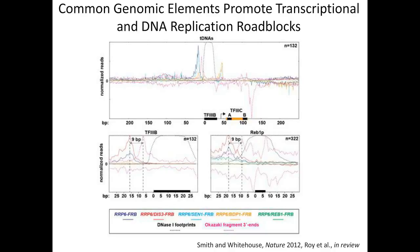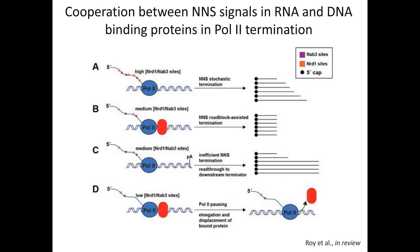And so the QuantSeq method allowed us to map these precise peaks and also enabled us to utilize many different mutants, which you see here in the colors at the bottom. And by inactivating different genes, we were able to prove that these peaks are indeed roadblocked by the factors that we've identified. So in conclusion, we were able to determine that